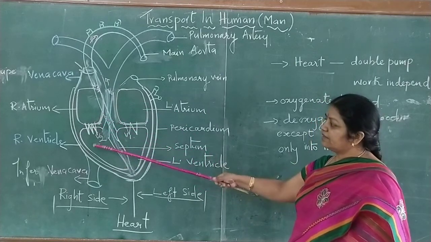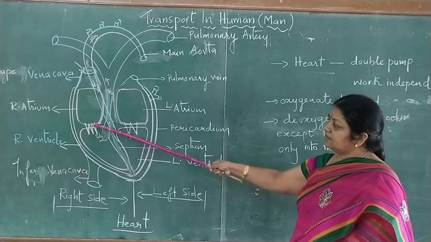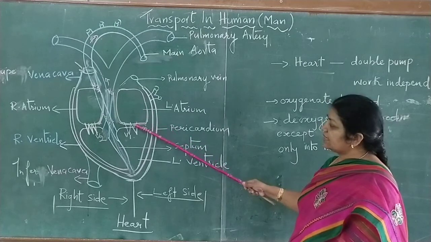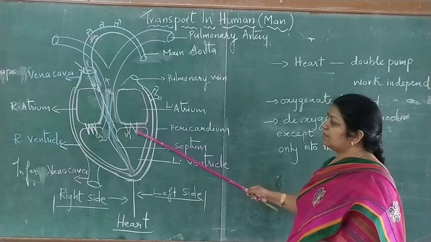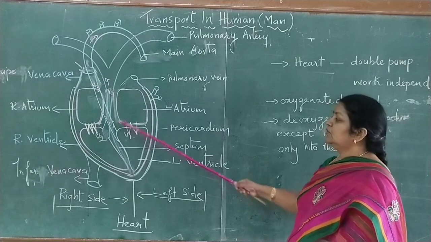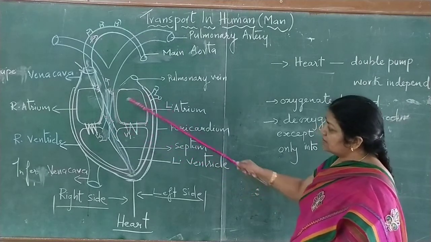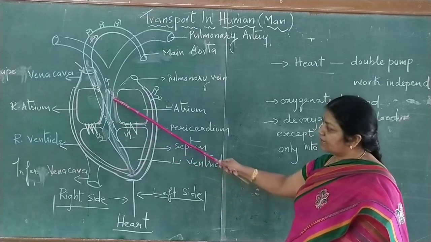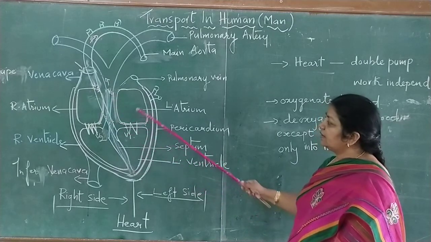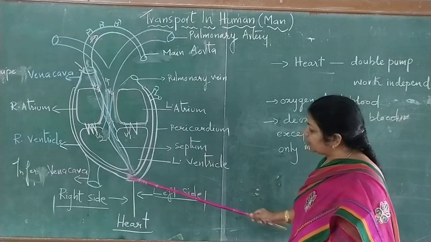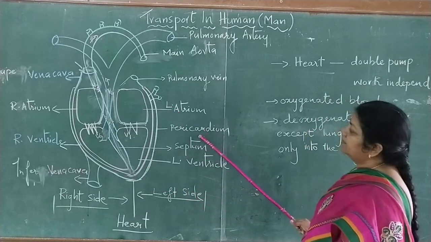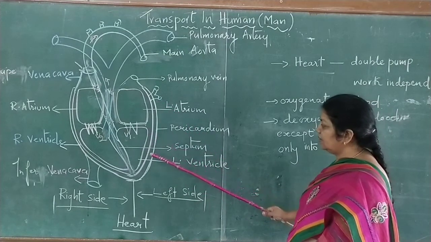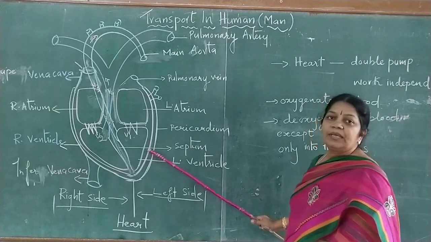And here on the right side you can see a valve, which is called the tricuspid valve. On the left side there is a valve where the blood is passed, called the bicuspid valve. So we can see that left and right are separated by a septum, and the heart is protected by the pericardium. It is a layer, and in between the heart layer and the pericardial layer there is pericardial